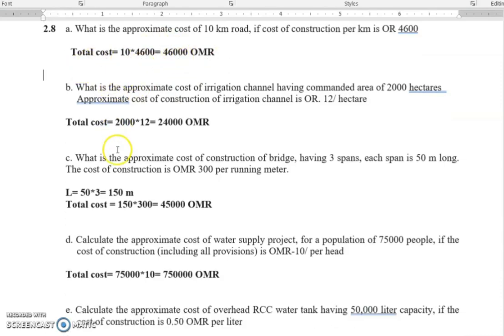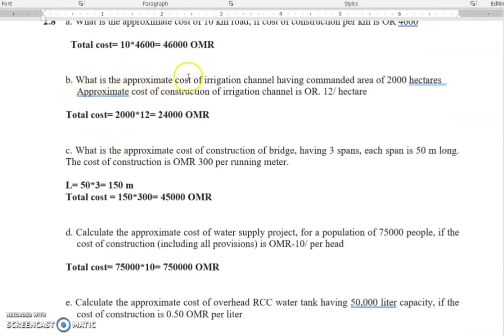So it's a simple calculation. Next, what is the approximate cost of an irrigation channel having a commanded area of 2,000 hectares, if the approximate cost of construction of the irrigation channel is 12 riyals per hectare? The total cost is 2,000 times 12. So this is easy. And as I told you, for irrigation channels it depends on the channel. If it is standardized, with a fixed width for the channel, fine. If we don't have a fixed width for the channel, we can take it